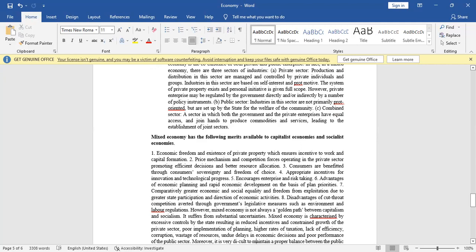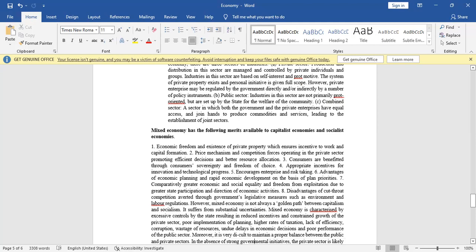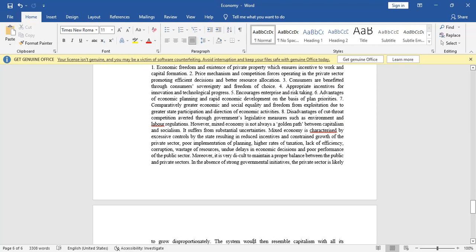Perennial means continuous problems of this mixed economy, hasn't it? So it's very difficult to maintain the proper balance between the private and public sector. Private always tries to exploit, to get more and more profit. But on the other hand, public always tries to provide the benefit, isn't it? So that's why the private sector is likely to grow disproportionately. The system would then resemble capitalism with all its